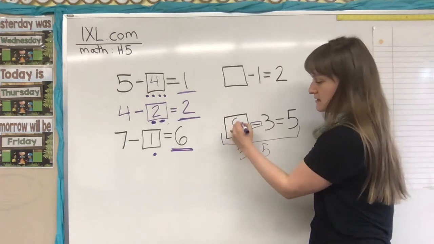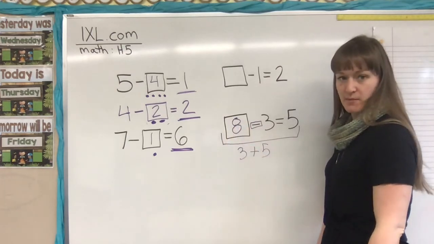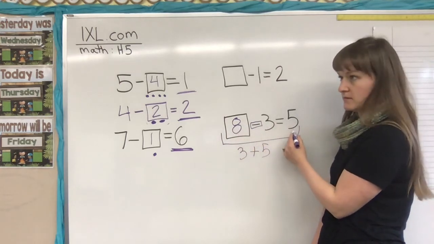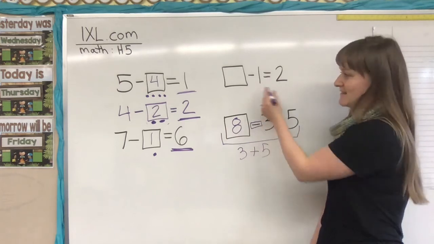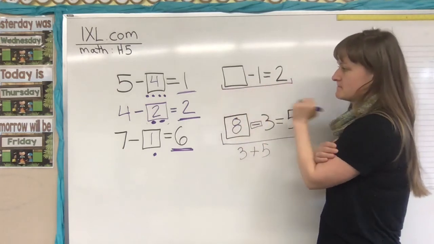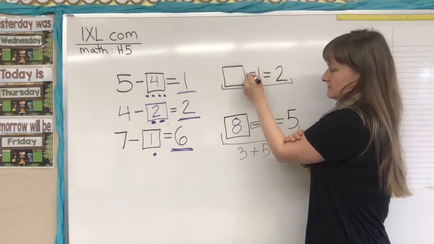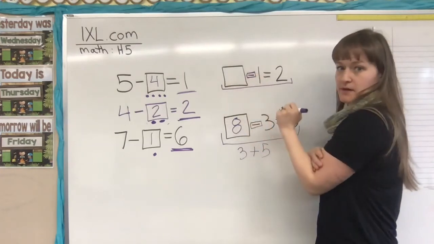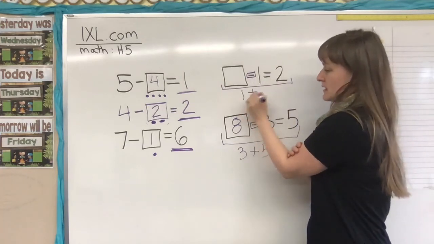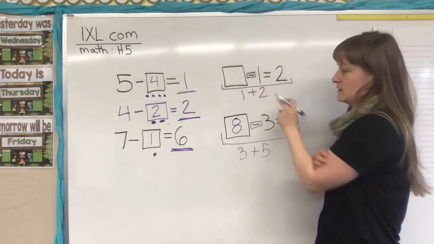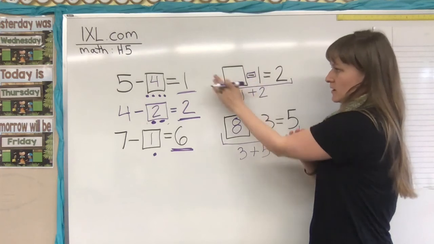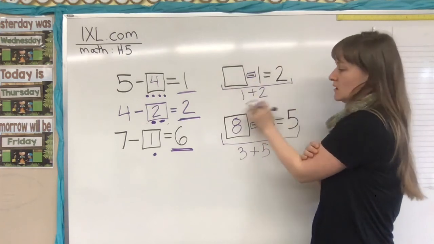5 plus 3, 8. Now let's see if our number sentence is true. 8 minus 3 equals 5. Yes, sirree. Now let's try this one. I have my number sentence, but I'm subtracting. I'm missing my first number. So I need to do the opposite with the two numbers that I do have. The two numbers that I do have, 1 and 2, we're doing the opposite of what our number sentence is asking us to do. 1 plus 2,